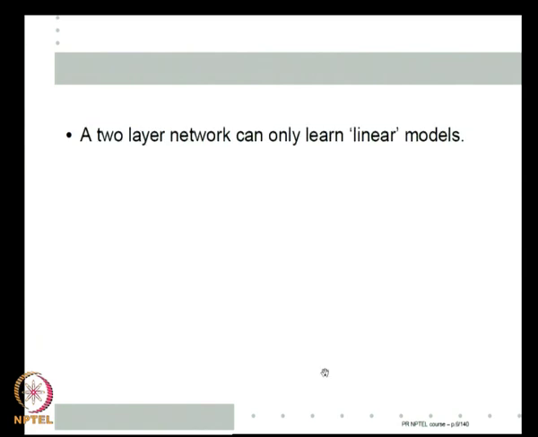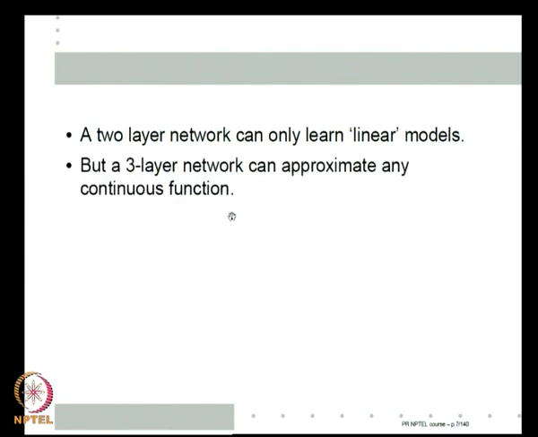Okay. Now, we have also seen that in our notation, the first layer is the input layer and the last layer is the output layer. So, if you have only two layers, then there are no hidden nodes. It is like a perceptron or an Adaline. These are the linear models that we considered earlier. So, a two layer network can learn only a linear model. Whereas, the moment I put in a three layer network, as we saw in the theorem in the last class, I can approximate any continuous function. Essentially, by putting in one more layer, I am allowing myself a family of functions which can approximate any continuous function.